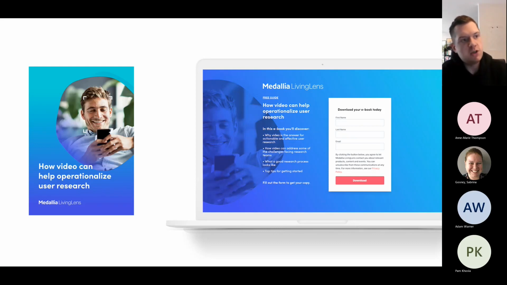But what this form does do is it only accepts work addresses. So if you put your Gmail or your Outlook email in, it wouldn't allow you to download it. So we were able to make sure that we were capturing business information, and we only sent a copy to somebody who put in their work address. So the copy went via email. It wasn't a PDF that opens automatically. So we were able to understand and start to get some really good traction through this and the use case studies, all coming together as part of an integrated strategy.